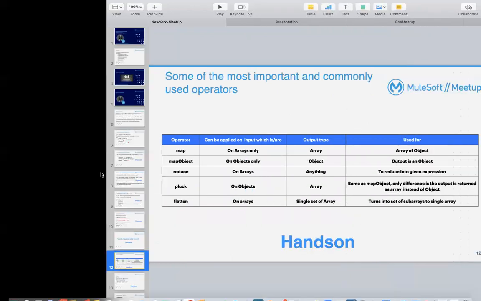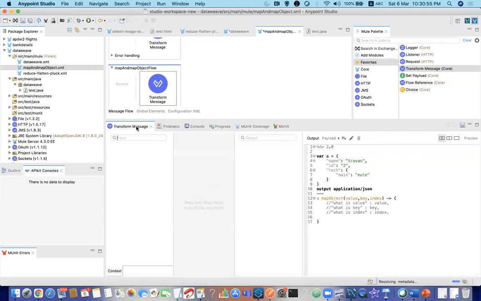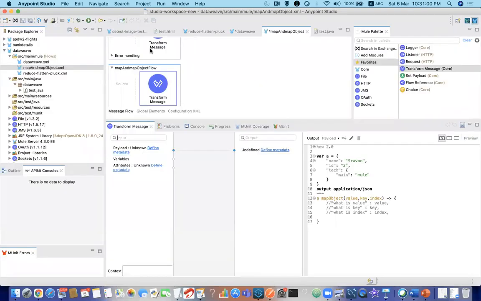So the map object, I told you, right? Map object is used on objects. You cannot do it on arrays. One more thing I wanted to show you is that you cannot apply array